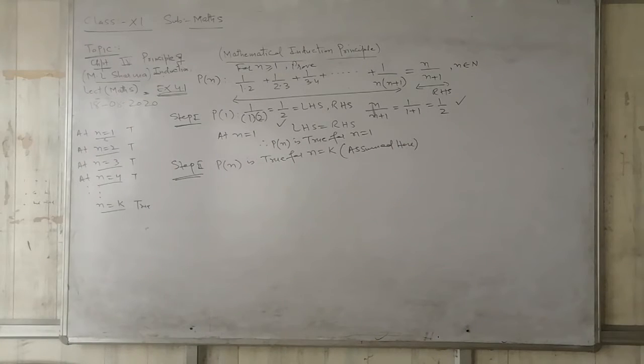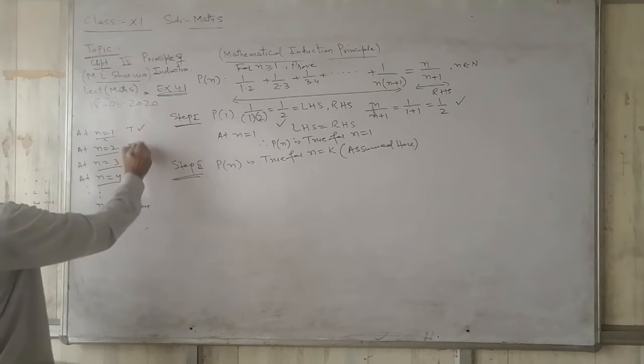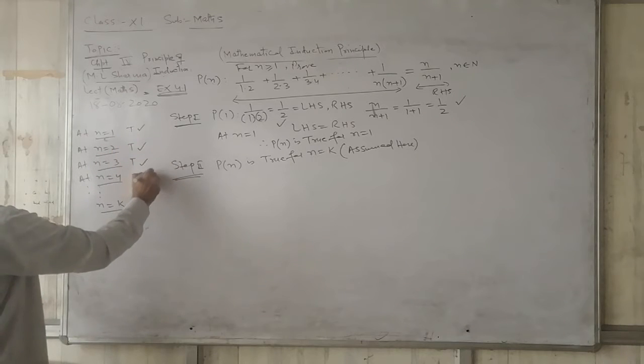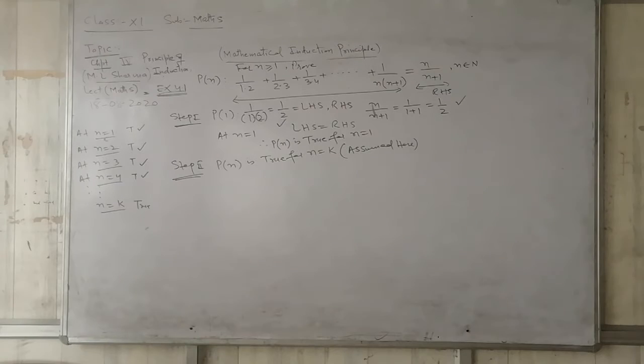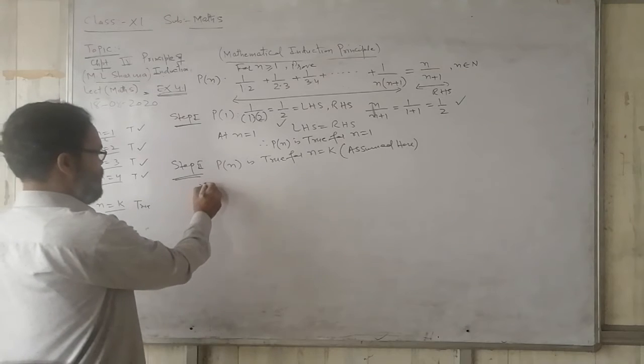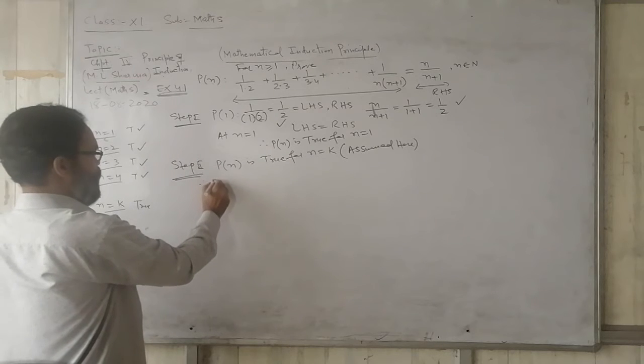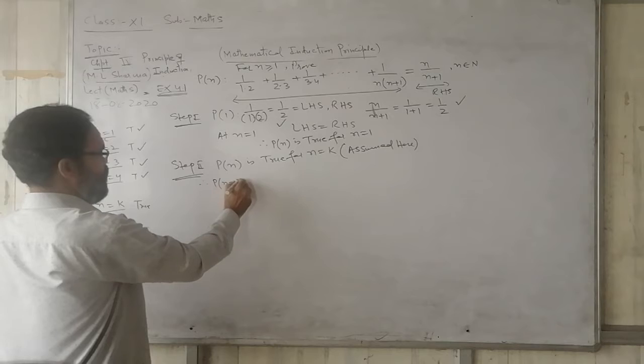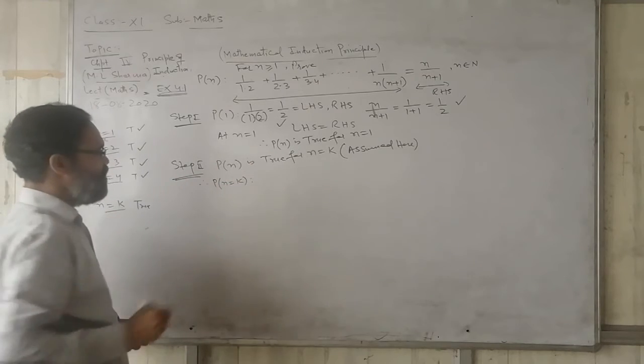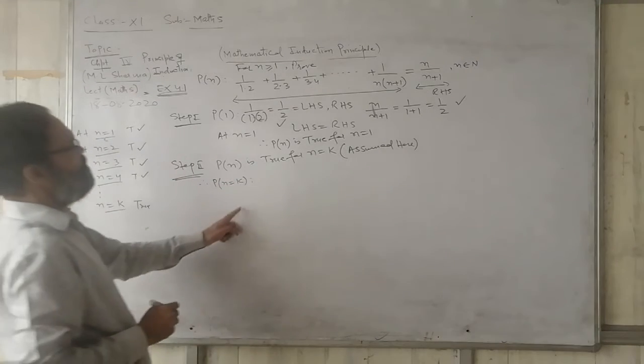We suppose the statement is true at x equal to 1, 2, 3, 4 and so on, for all the positive numbers, so naturally this will be true for n equal to k. So therefore, if this is true at n equal to k, I can say P of n equal to k will equal to, such that,